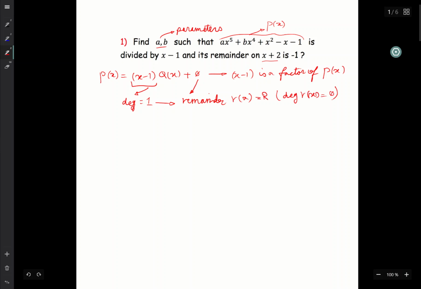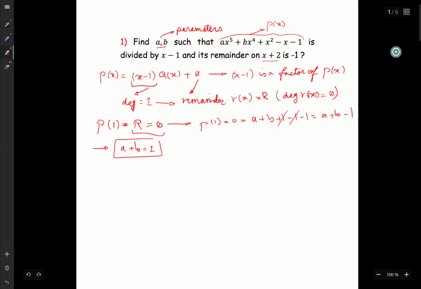And we already know that if I plug x equals 1 into this identity, p of 1 becomes the r, which is 0, right? So the remainder is given, and therefore p of 1 is 0. So what is p of 1? It's a + b + 1 - 1 - 1, and it becomes a + b - 1. Therefore, the first information that we extract from the problem is that a + b